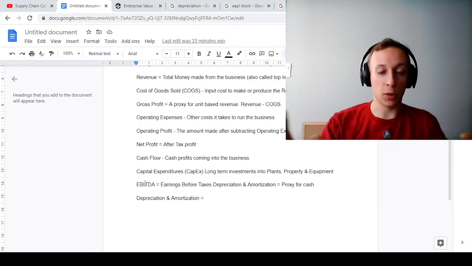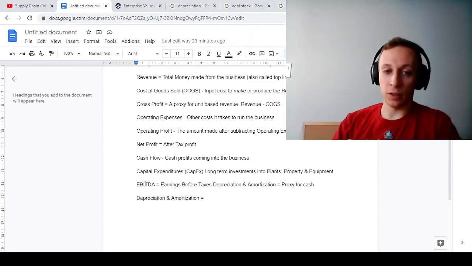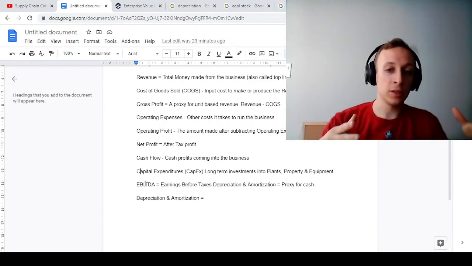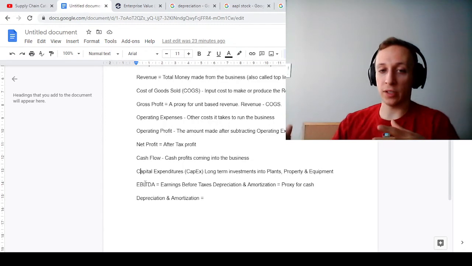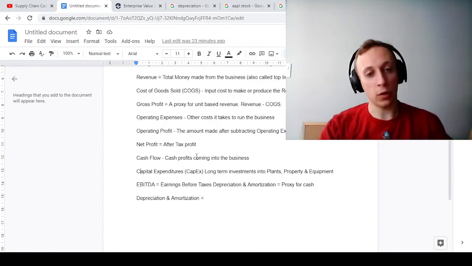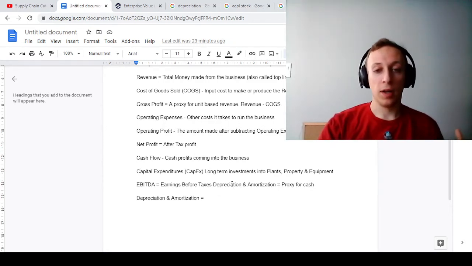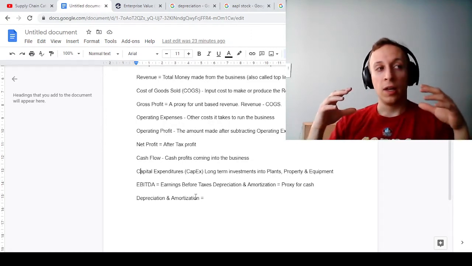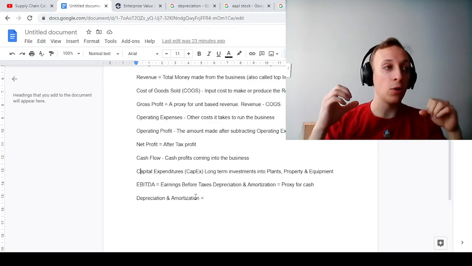And the last one, this is going to be the most complex one, but it's called EBITDA. You might see this a lot. It stands for earnings before interest, taxes, depreciation, and amortization. So again, we got earnings, which is another word for profit, before taxes. So we want to ignore taxes. Then we got two other words that maybe you're not familiar with, depreciation and amortization. So what is depreciation and amortization? They're, again, accounting terms for how you